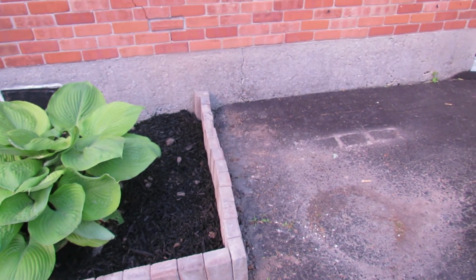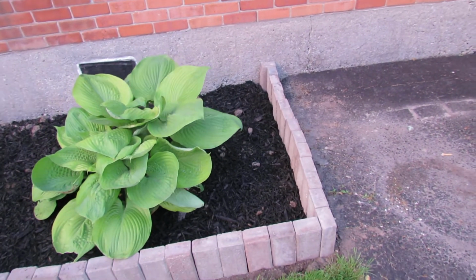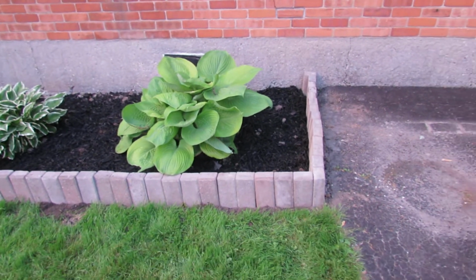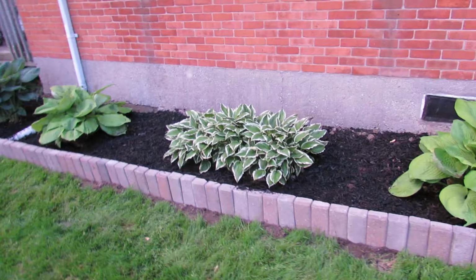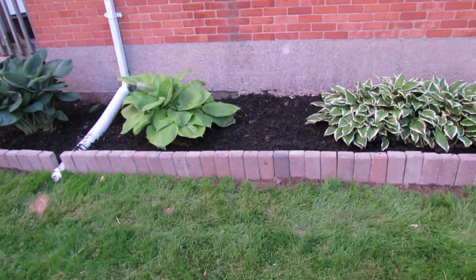We are on the east side of the building, and I didn't start doing this until about 3 in the afternoon because this is the shaded side of the building. I hardly take the heat anymore in direct sunshine like I used to. So I started this in the afternoon after I got back from Dan and Tina's place, and I got all this brick, all of that put in,